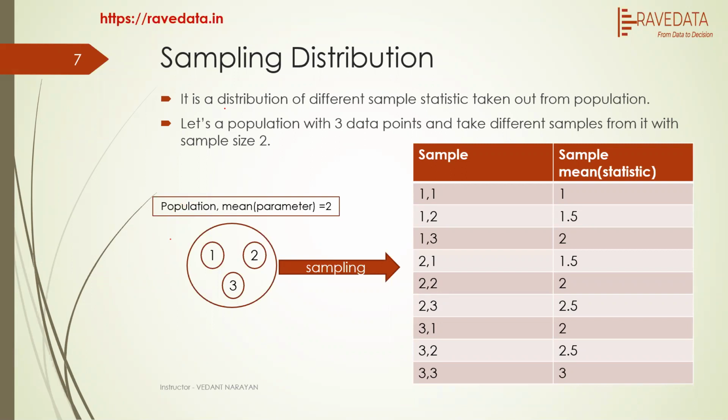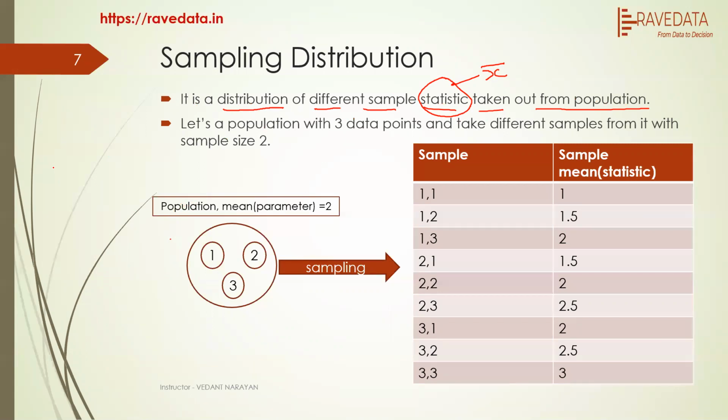Sampling distribution is a distribution of different sample statistics taken out from a population. So please remember that a statistic is a property of a sample. In this case it is the sample mean. And let's say we are taking different